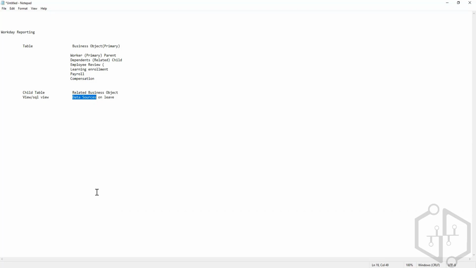Okay. Any questions so far? Any questions or anything unclear till now? To go a little deeper into this data source, in Workday we have two types of data sources. One is the standard data source. The other one is the indexed data source. The difference between these two data sources is